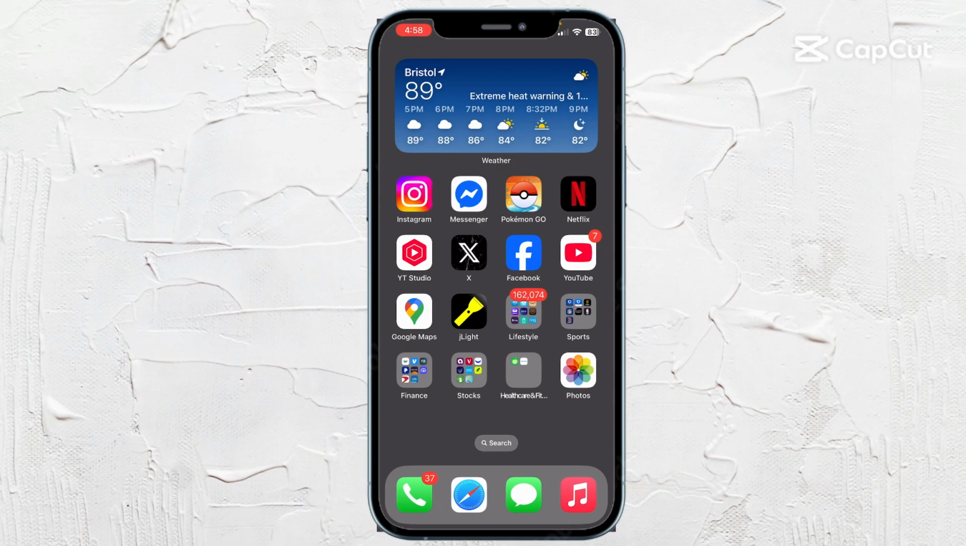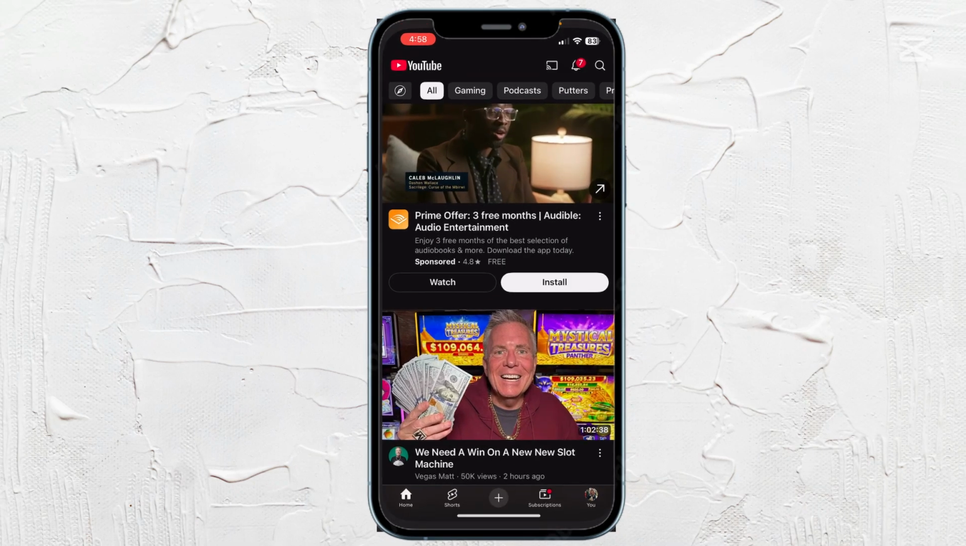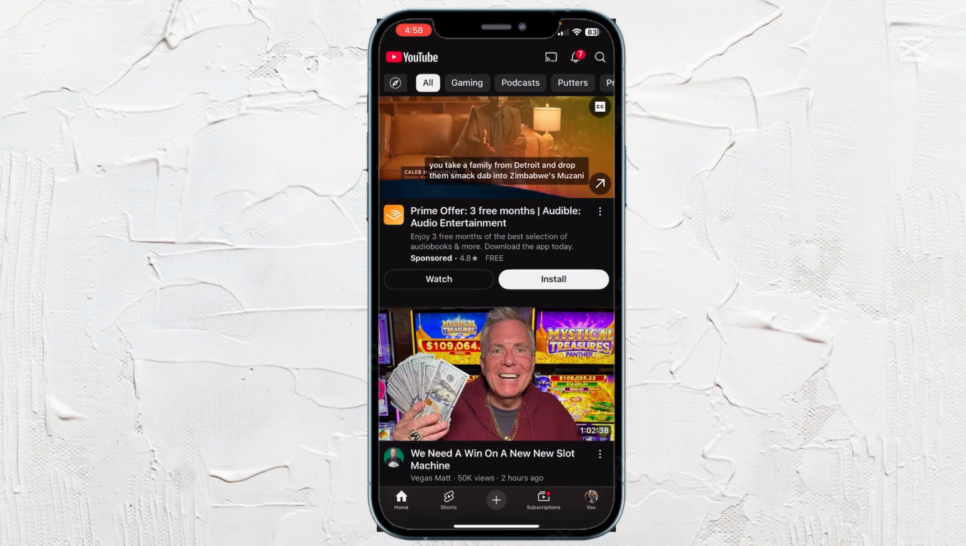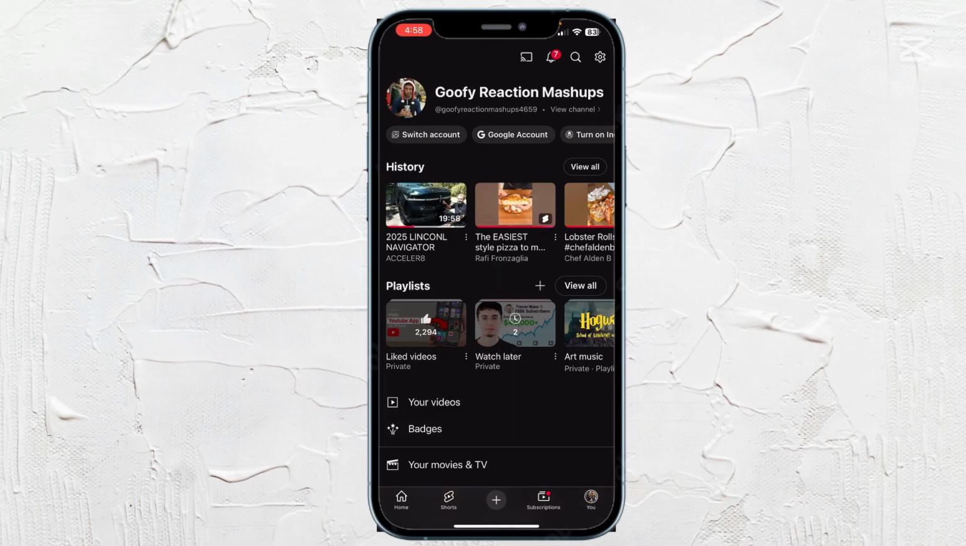How to change YouTube profile picture on mobile. So go to YouTube, go to the bottom right hand corner where it says "You" to bring you to your account. Make sure you're logged into the correct account, and go ahead and click the profile picture at the top